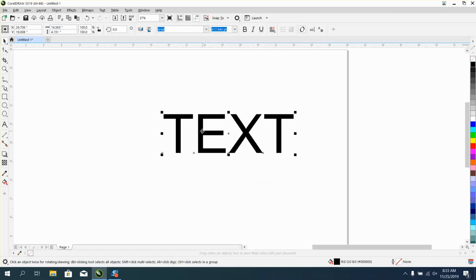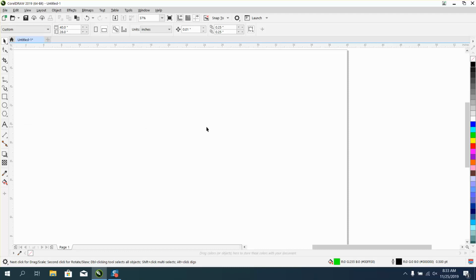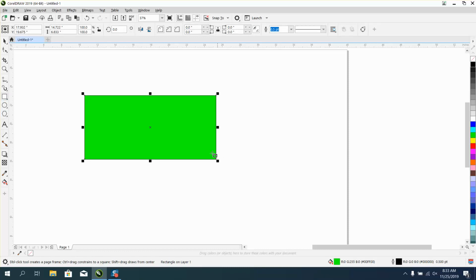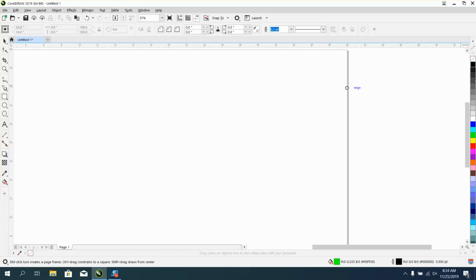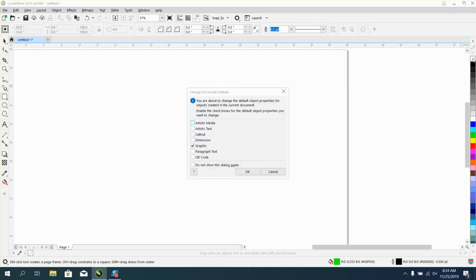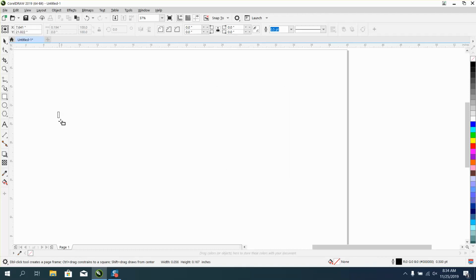That time, every time you type a text, we actually change the green to now our graphic, which I don't want, so we'll change that back. We're gonna double click on no fill, and we're gonna go graphic. I don't want any fill. So now when I draw a graphic, and also I draw in hairline, and I was playing around with this,